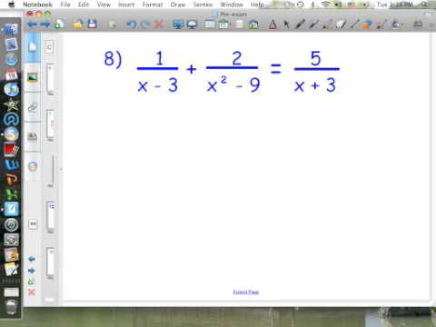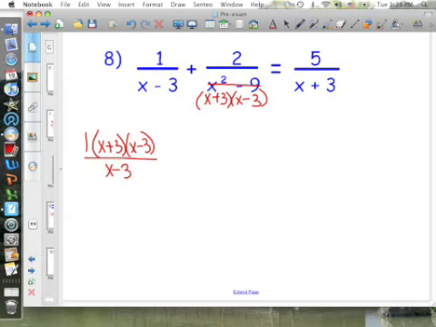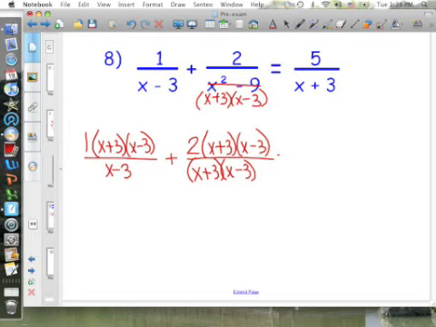Because this problem is an equation, you do not have to deal with the fractions. You can actually get rid of them. And the way we do that is by first factoring anything that can be factored, finding a common denominator, and multiplying everything by that common denominator, which means this first fraction would be 1 times x plus 3, x minus 3, over x minus 3. The second fraction would be 2 times x plus 3, x minus 3, over x plus 3, x minus 3. And this third fraction would be 5 times x plus 3, x minus 3,